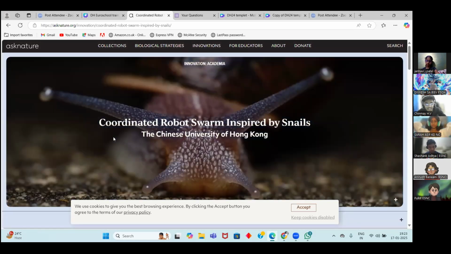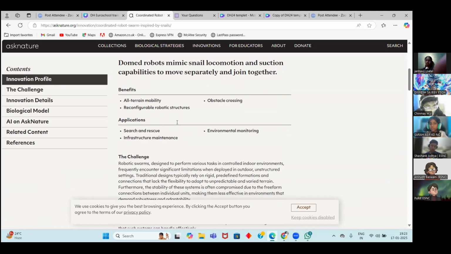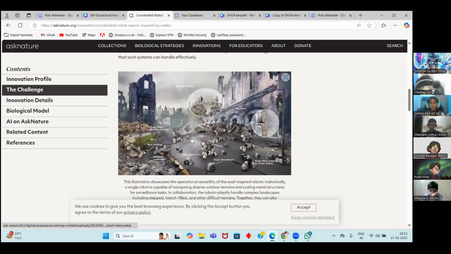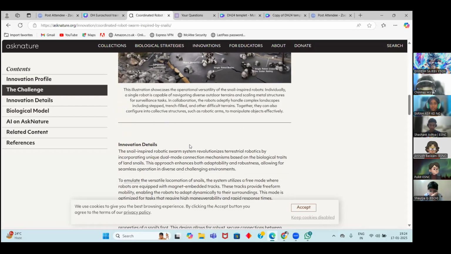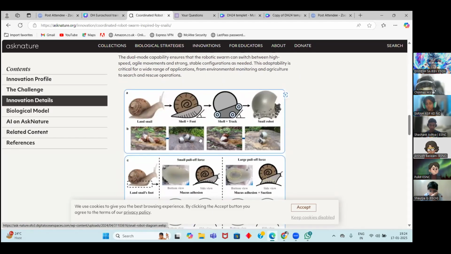Here they've created robots which are inspired by snails, and they have given very nice details about all of these, which I want all of you to explore once the session is over, so you'll have a good idea of what we want. You can see here that they've taken the shape of the shell of the snail, and they've looked at how that could be converted to a robot.